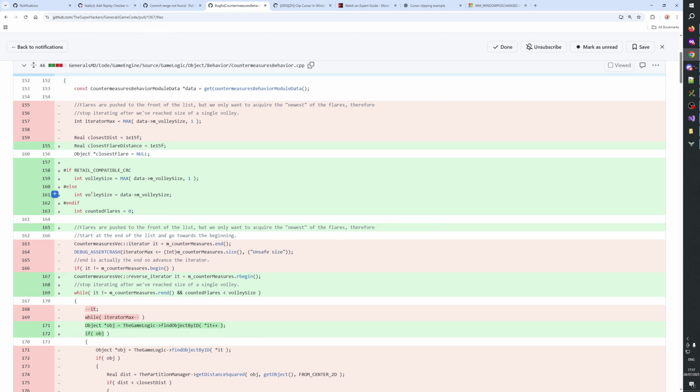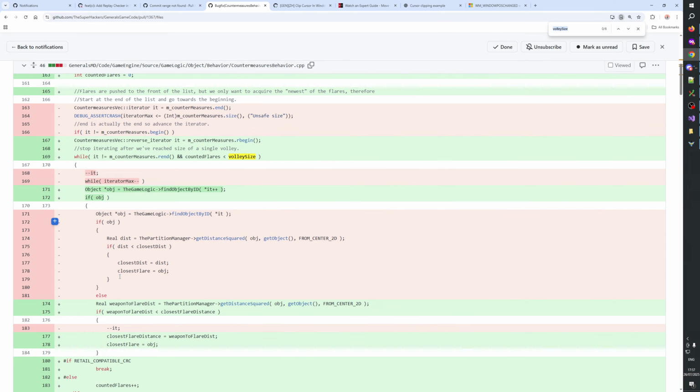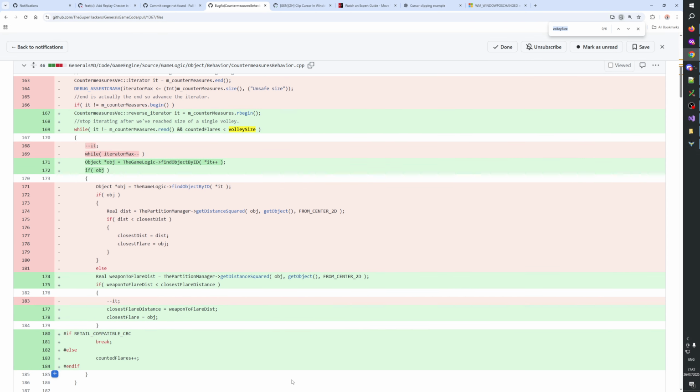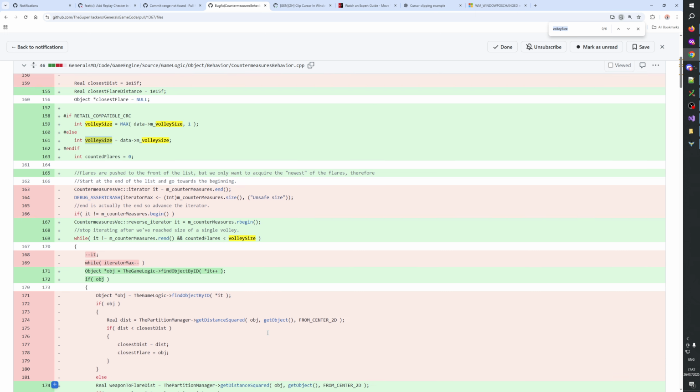So what if the volley size was 0? What then? Okay, it doesn't look that simple on first sight.